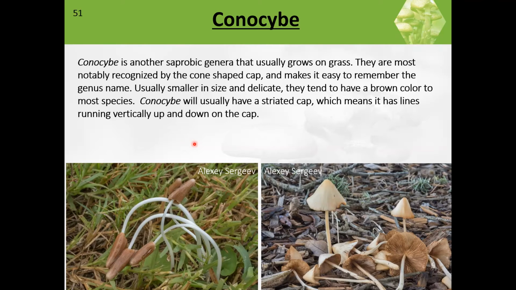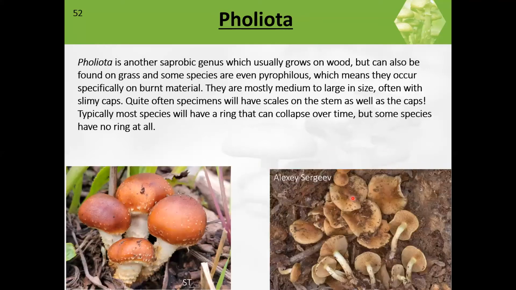That means it has lines coming down the top to the middle right there. And those are telltale characteristics as well. They usually get confused with Scytherella, which is another genus I'll cover here in a little bit. So Pholiota, this genus, can grow on a variety of different substrates, but they tend to be on wood,